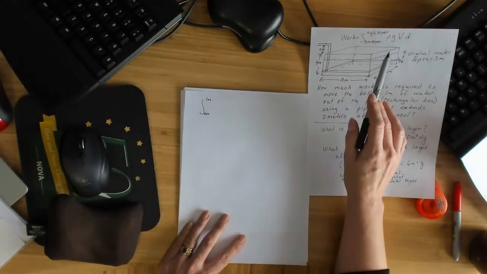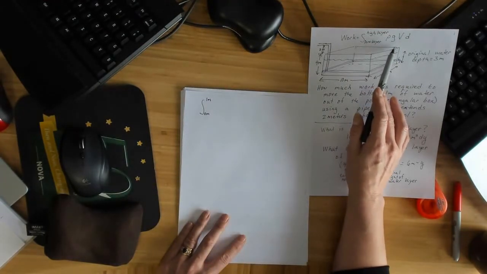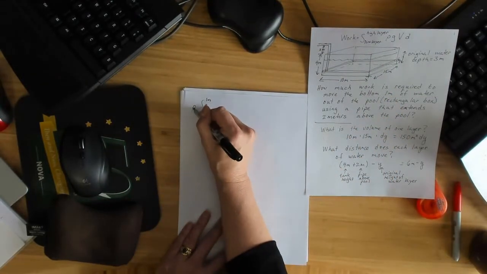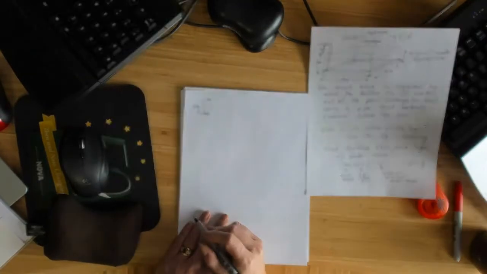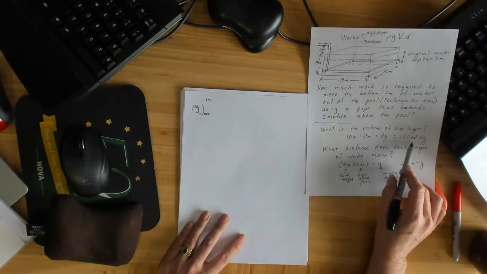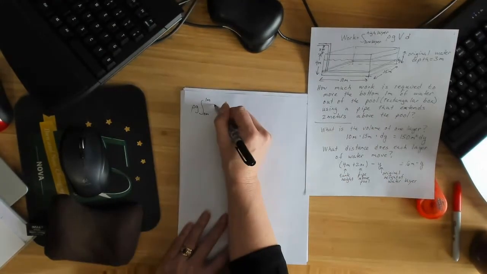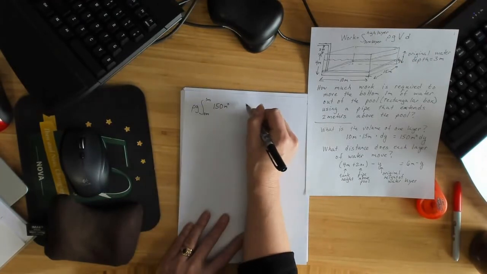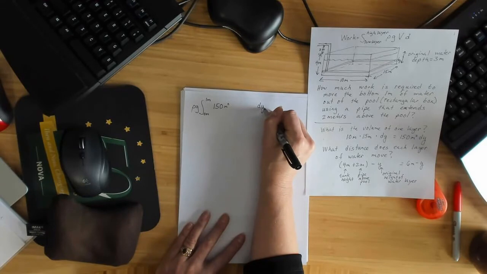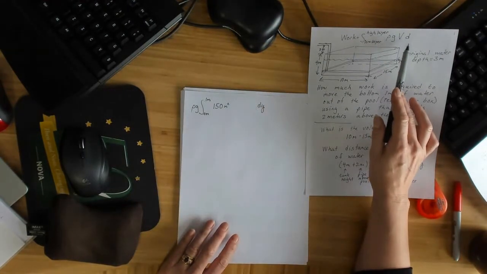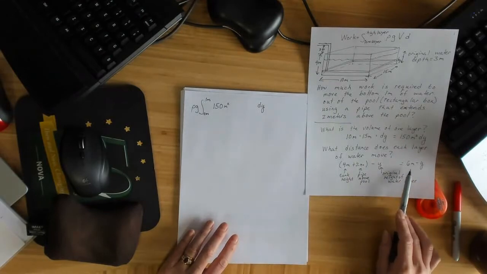Then I need to multiply by the density of water and gravitational force. Those are constants, so I can go ahead and move them out of the integral. They will not affect it. The volume of the layer is 150 square meters dy, so I can put in 150 meters squared with the differential dy. And then I need to multiply by the distance that each layer of water moves, which I computed to be